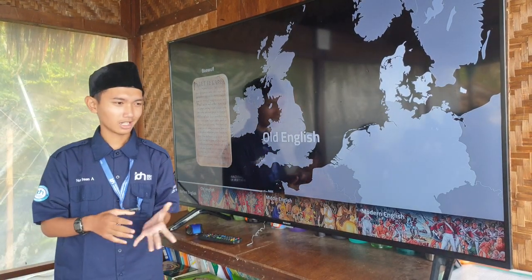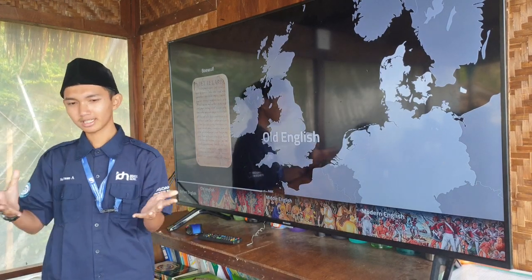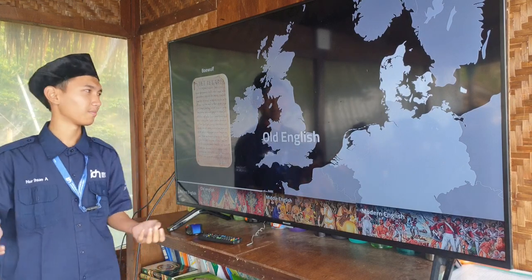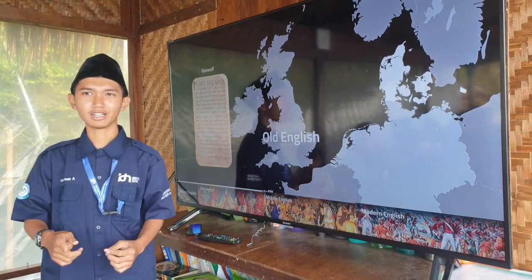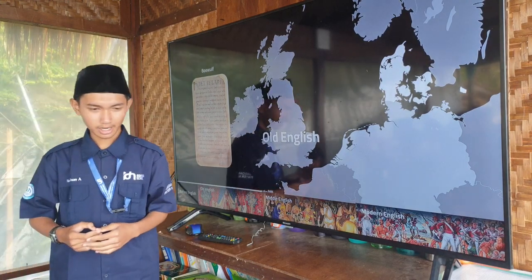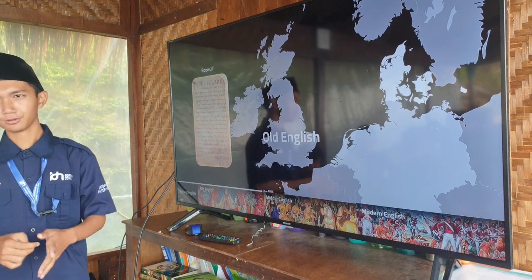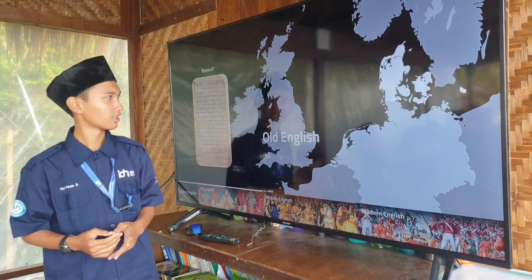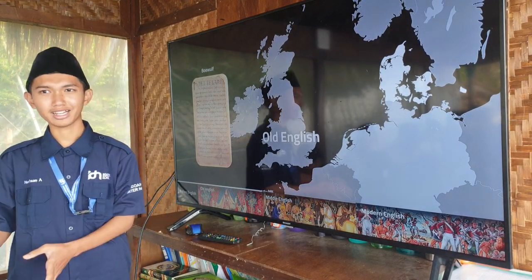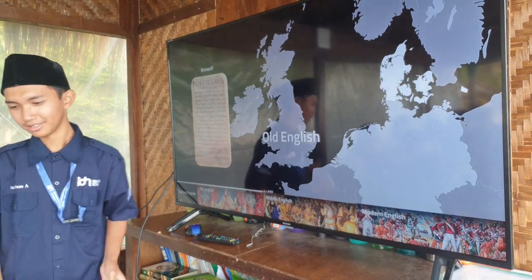It's a story set somewhere in Denmark, actually. There's this person called Beowulf, and he's a legend, an epic hero. He fought many monsters and got praised by King Hrothgar of the Danes. He fought a monster again and won again, and then he ruled a place, I forgot the name, for 50 years. He got old and he fought a dragon, but he died. So I think it's pretty cool.